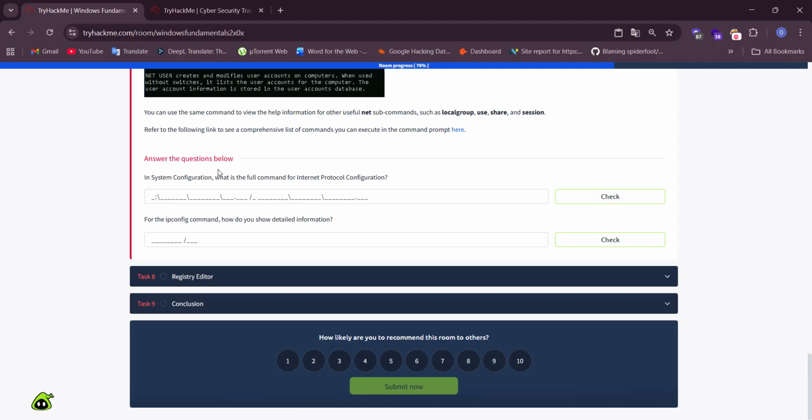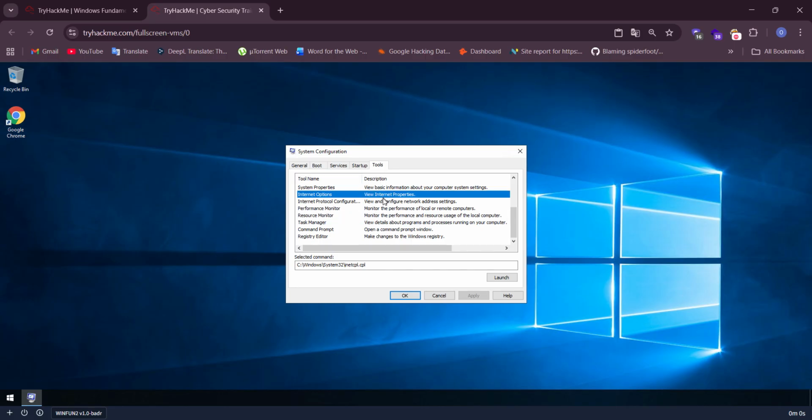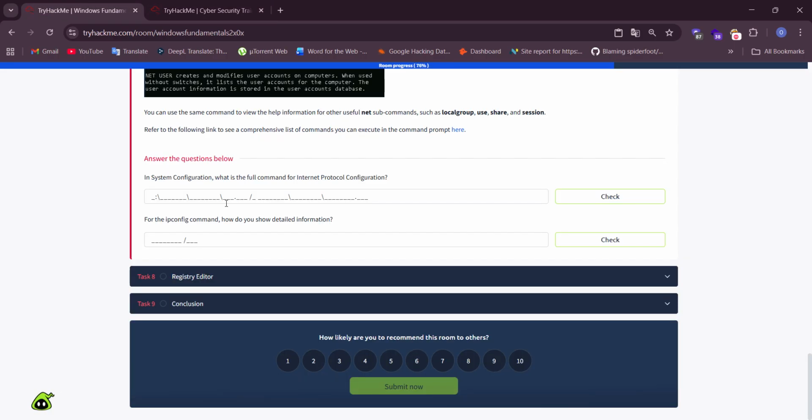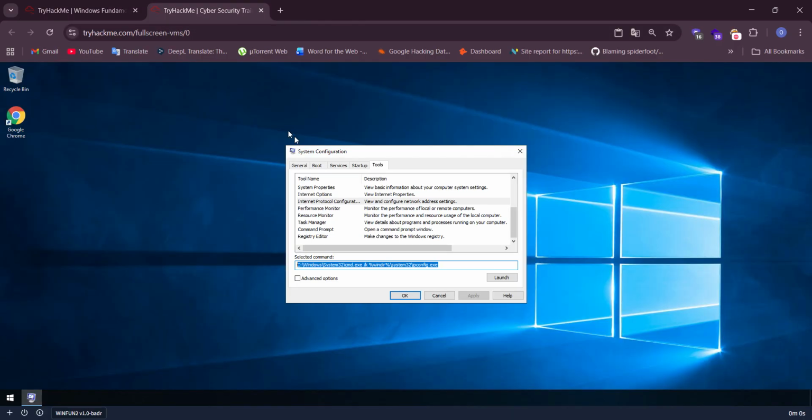Okay, in system configuration, what is the full command for Internet Protocol configuration? Yes, our command is that, and copy it and paste. For the ipconfig command, how do you show the detailed information?